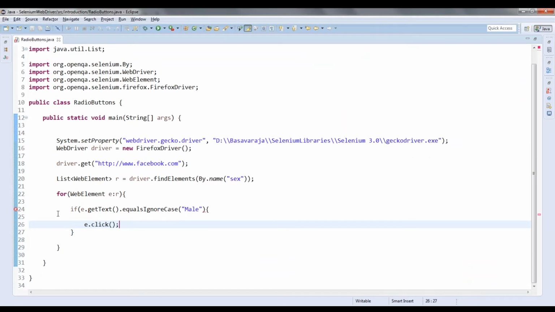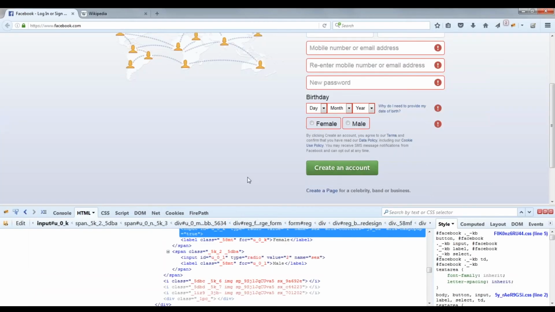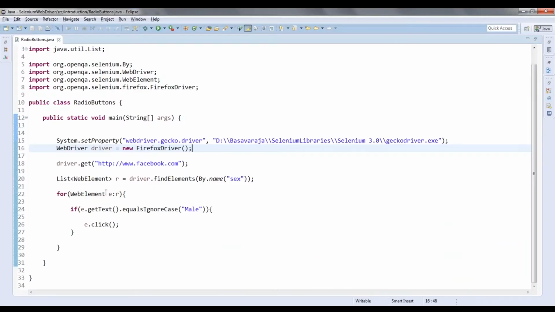Same thing. Whatever we have tried there, we are trying here. I have to close this. So if it is male, I am clicking on that. Otherwise, I will not click on that. So let me run this. This is similar to finding the multiple set of elements, but radio buttons are a group of elements. You will be selecting one option out of all the available options for this particular section. Like that you can have multiple sections. For the gender section, I am selecting one out of the two options available. That's why I'm storing them in a list, and then first I have to compare.